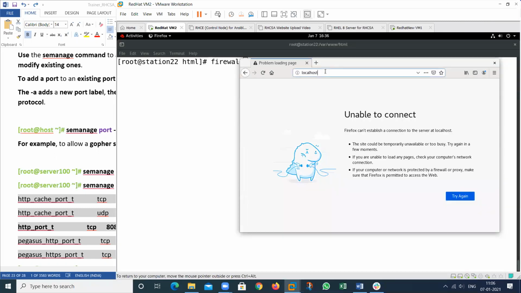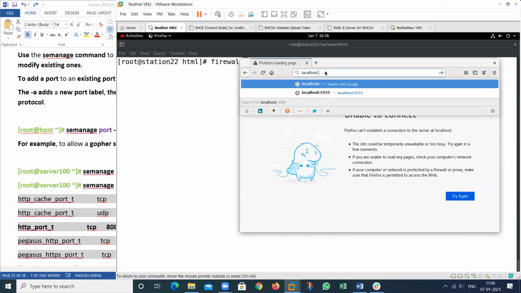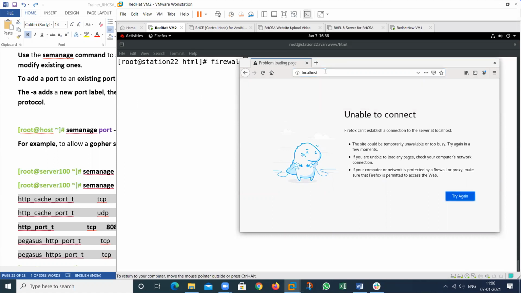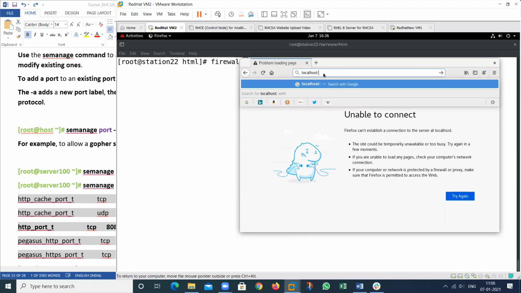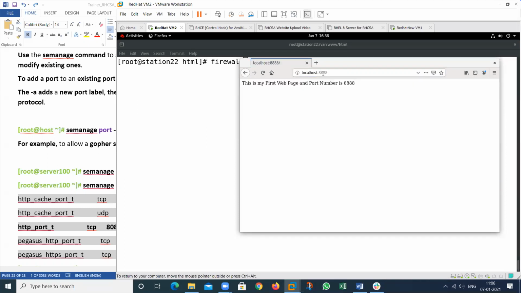This will show me the same message that appears in my client machine. If I open this particular page by using which port? 80, that does not work, because I have bound this particular service to port 8888. If I apply 8888 here, then I am able to open this web page. So this is the socket: this is the name of the website and this is the port number that is allowed. So my practical has been completed.